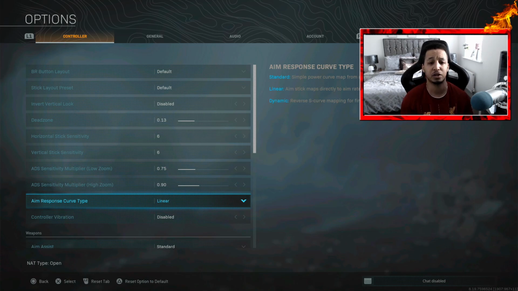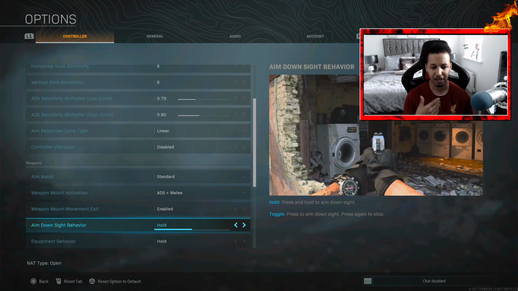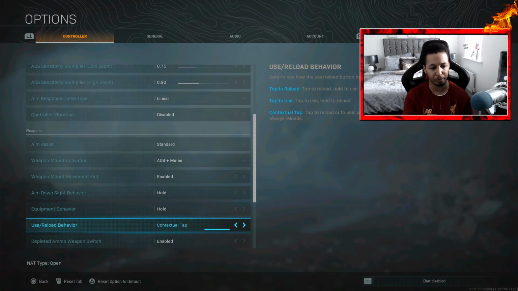Then the aim response curve, as we've been talking about, is at linear. Please give this time. Don't just go into it, turn it on, think I can't deal with it. It will benefit you guys in the long run, believe me. Controller vibrations off, and in most of these other things I've got set as default, but my use/reload behavior is